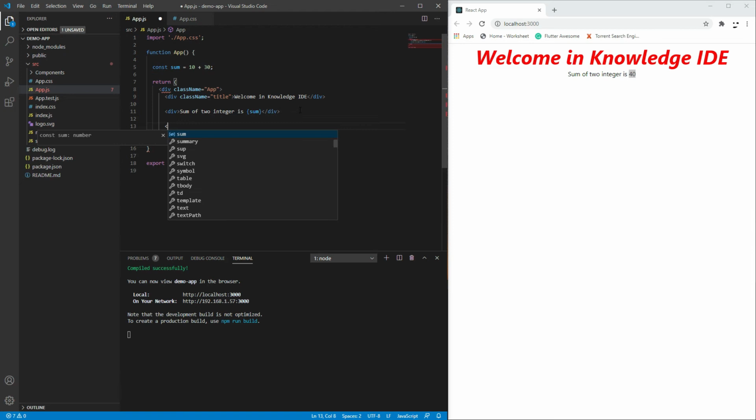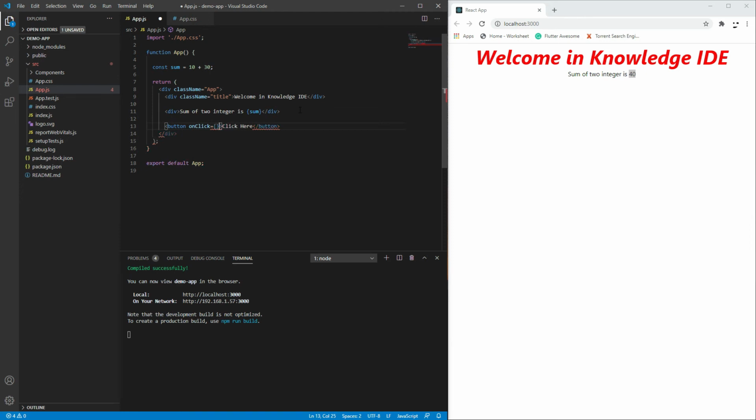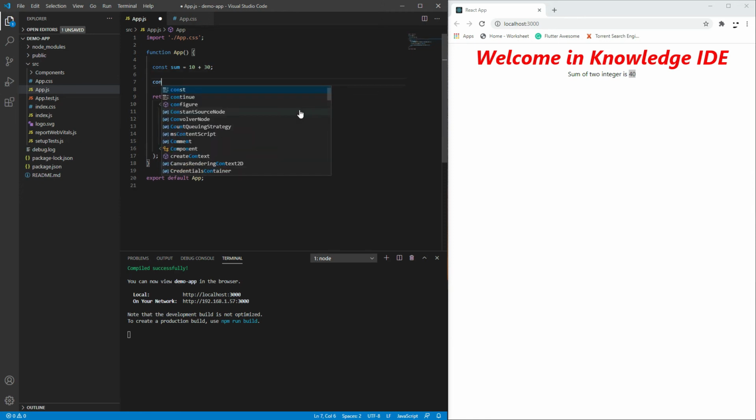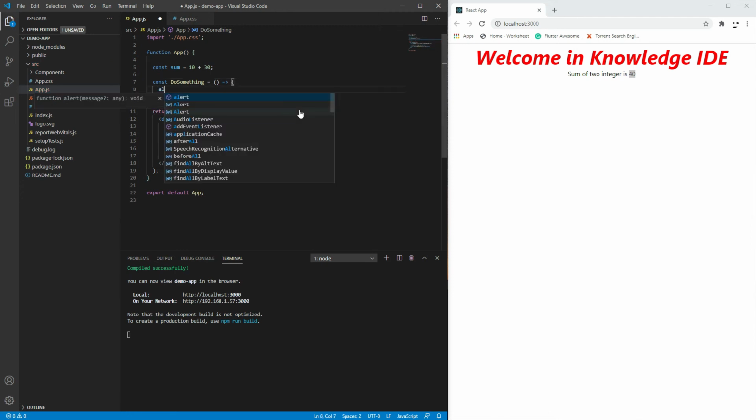Again, let's see the onClick event as well. For that, add a button here, give some text to that button, click here, and here add one onClick event. Here you can write that method name, doSomething. Create one method with that name, const doSomething. Here I'm using arrow syntax. In that, just give some alert,